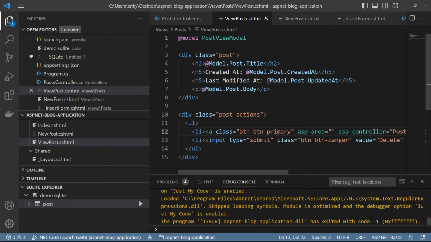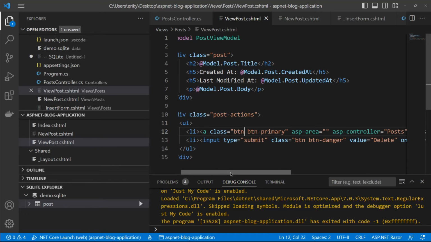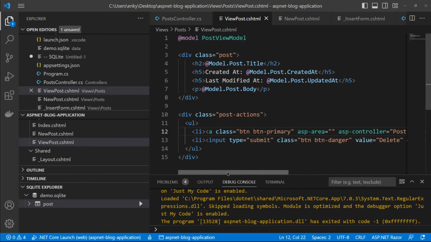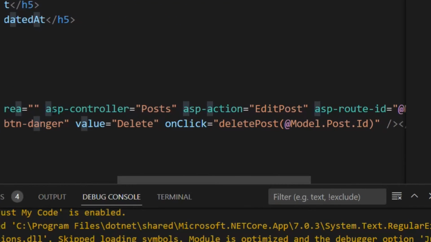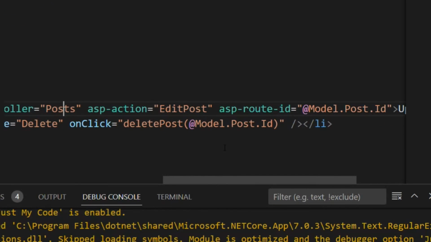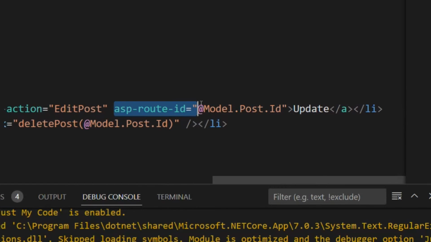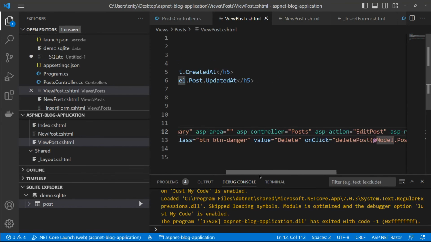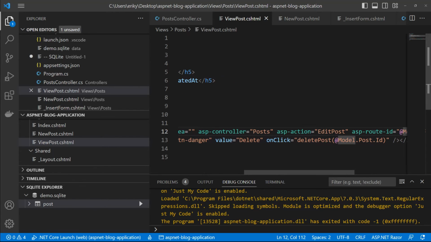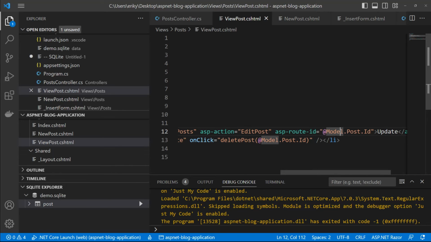So let's go back into our view here, and let's work with the updating first. We've got an A element, and we've got an ASP controller property set to posts, and then an action set to EditPost, and then a route ID of @Model.Post.Id. So basically, when we click the update link, ASP.NET will build a URL for us that will take us to the PostController, the EditPost, and then it will pass in the ID of the post that we want to